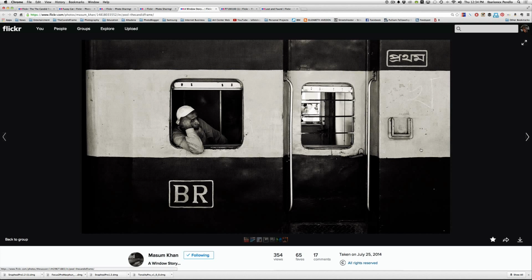And I think that as a black and white image, again, it helps to reinforce the graphic nature of the shot. Again, I don't know what the colors were here, especially in relationship to his shirt and his hat and other elements. I don't know what the colors were, but I feel like the choice to use this as a black and white helps to reinforce the graphic nature. I think whenever we're making shots that are very graphic,